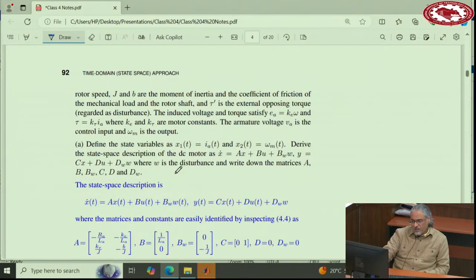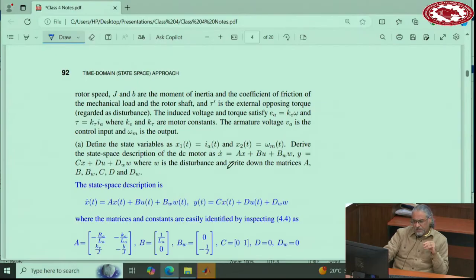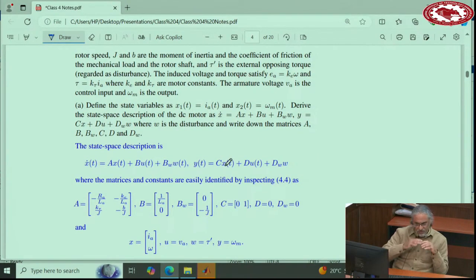Okay, now if you consider these two equations, both of them are first order, so they satisfy the condition. One of them is the derivative of IA, one of them is the derivative of speed. So let's define one of the state variables as the armature current, and one of the state variables as the machine's speed. If you define that, and you have two equations, put them together in matrix form, you will find A, thank you, you will find B